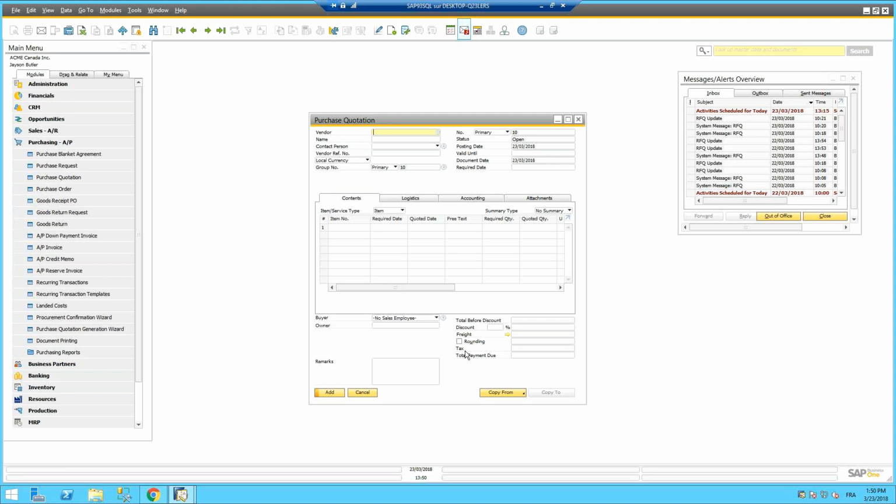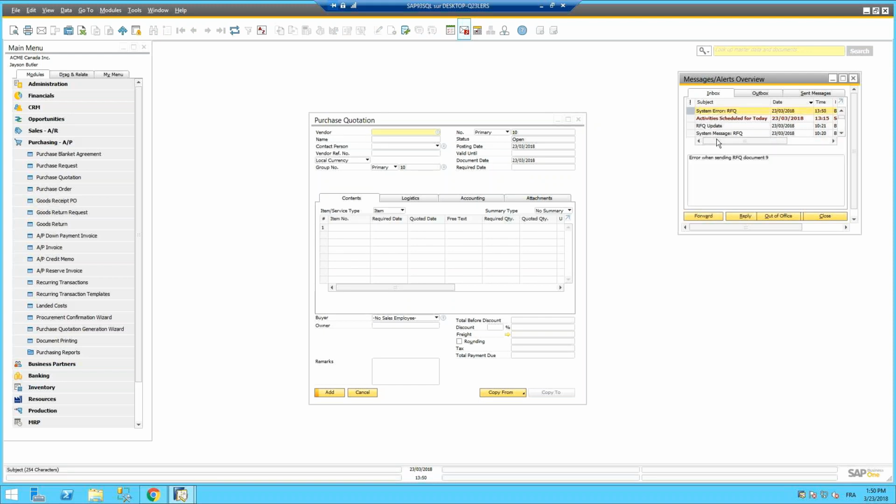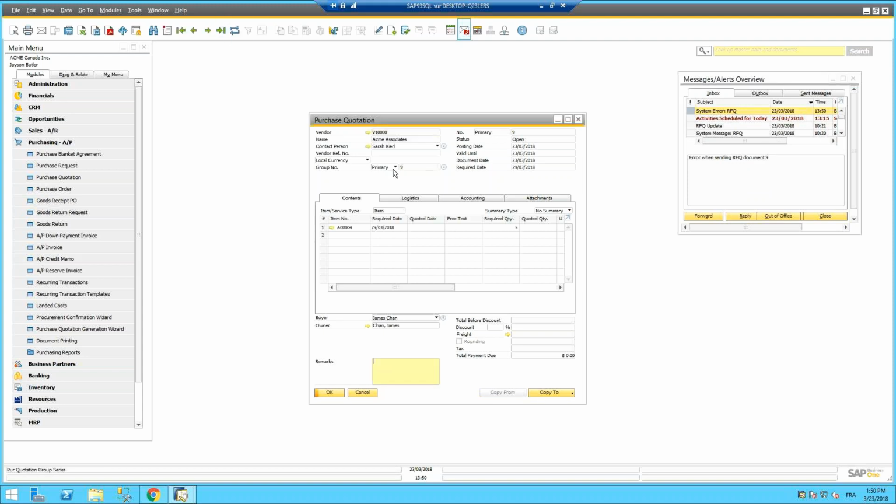And what you should see in a few seconds. Oh, system error. I've got an error this time. Error when reading RFQ document 9. Error when sending. Probably the vendor I used in that one has something,